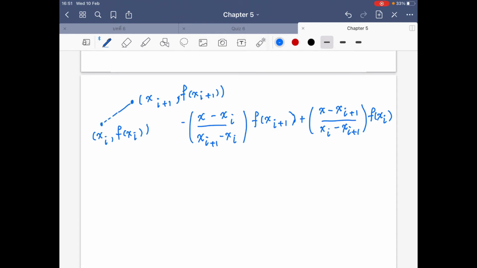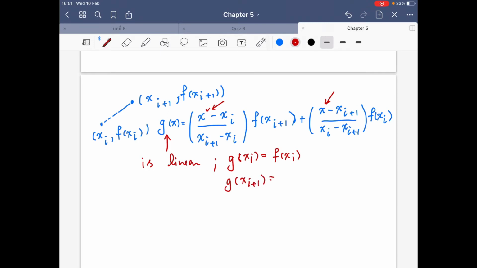Let us call this g of x. What happened? Your g of x is linear, right? Because it has only x to the power 1. And g at xi, what happened? This one goes away and this one survives and becomes 1. So g at xi equals f at xi, and g at xi plus 1,